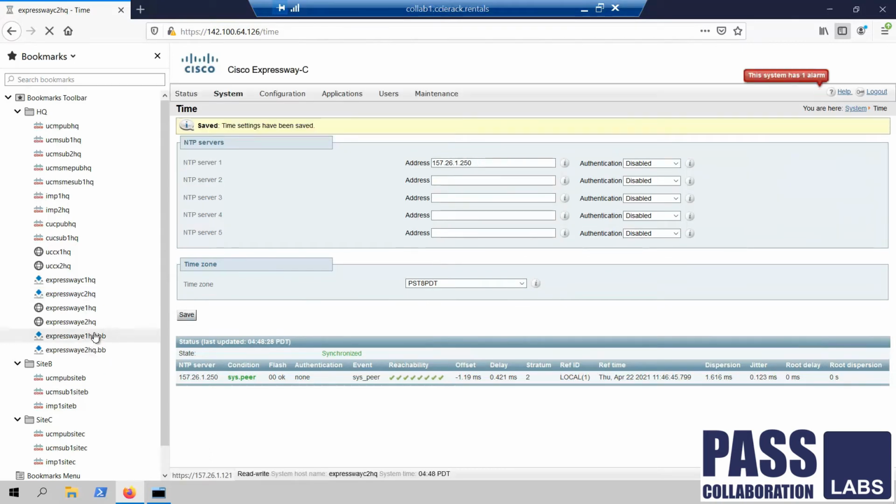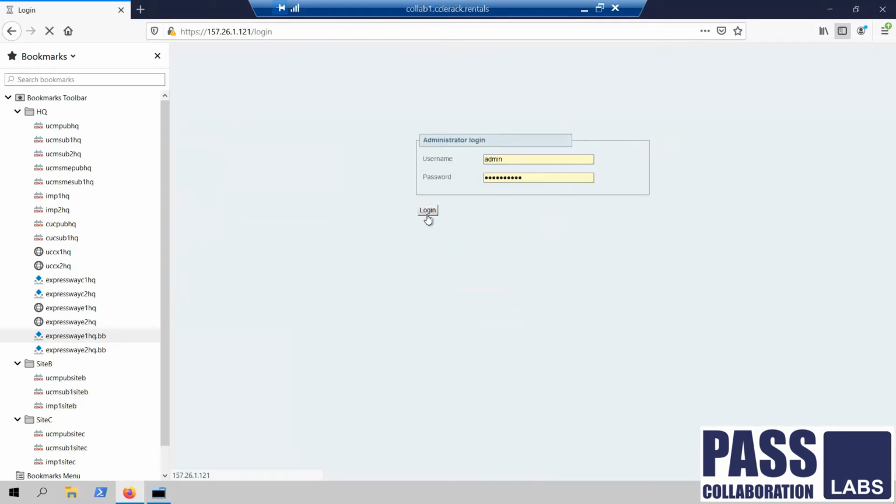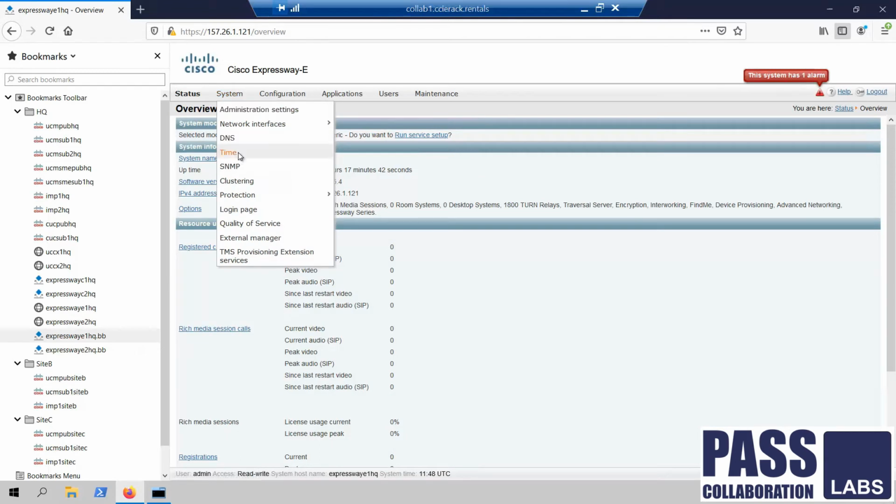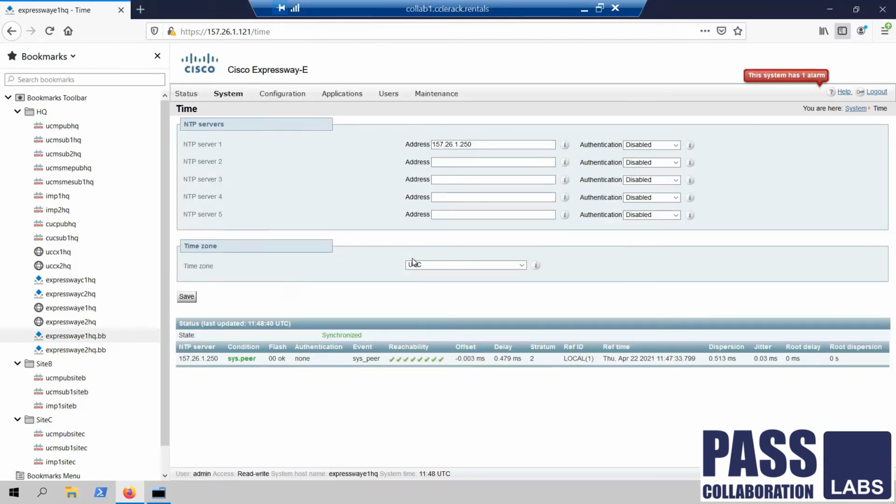Now we'll go to Expressway E1. Go to System, Time. The NTP looks good.